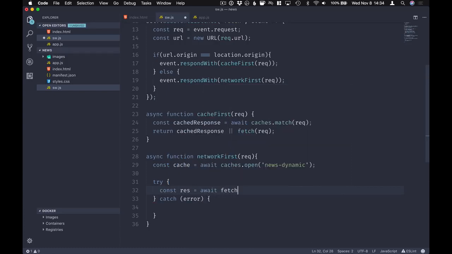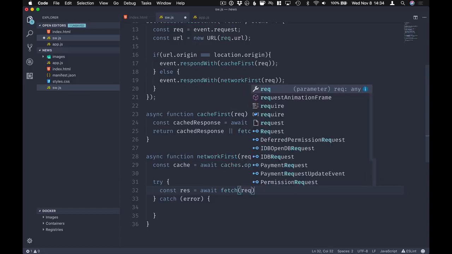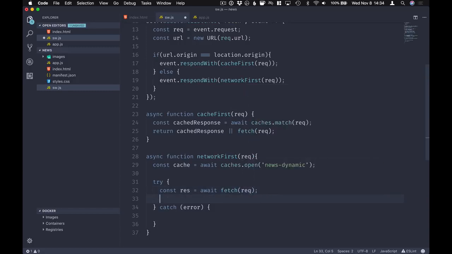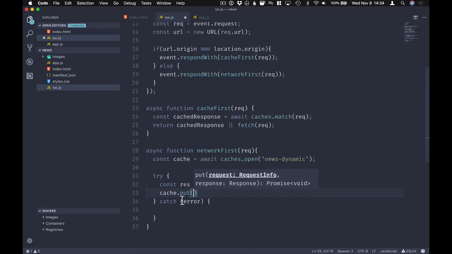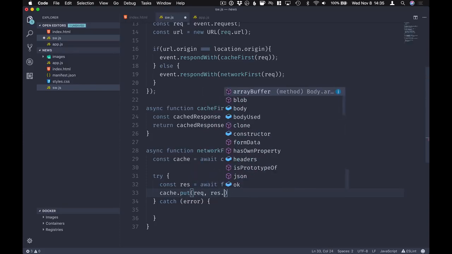So we're going to await the result of fetching the request. If that worked, we're going to first of all store the request into our cache so we can fall back on it later. We do that by just calling cache.put. So instead of cache.add that we used earlier here, we're going to use put. This allows us to actually define the request, using add would go and refetch it, which is unnecessary in this case. So we're going to put the request there as the key, and then we'll do response.clone